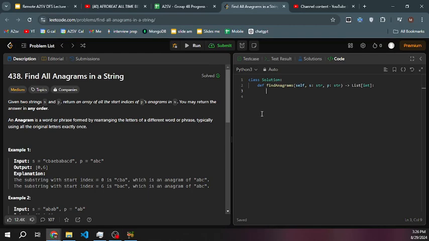Hey. Today we are going to find all anagrams in a string. It's a nice problem. Let me read you the problem statement. Given two strings S and P, return an array of all the starting indices of P's anagrams in S. We are going to return the first indices of S